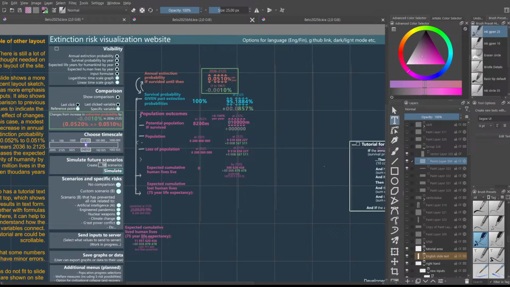Let's continue with the website project. Yeah, last time I worked on the notepad to sketch some layout concepts for the website, and today I'm gonna continue doing that kind of layout mock-up stuff, but I'm gonna do it in Krita instead. So we're gonna have a little bit more advanced look,